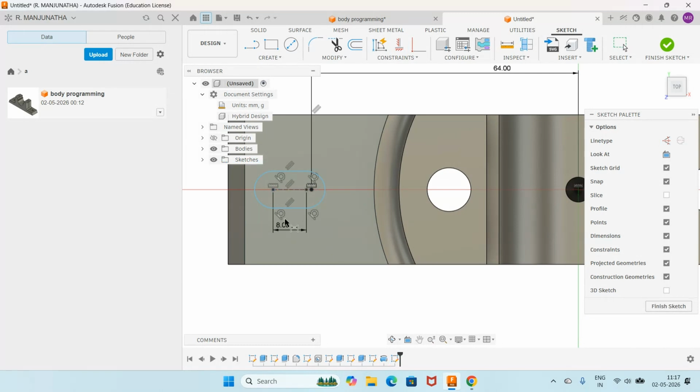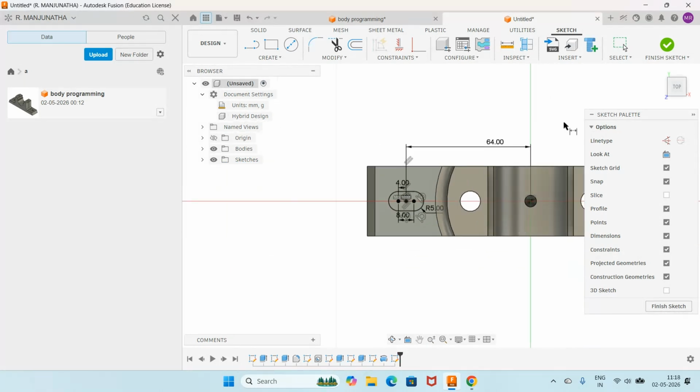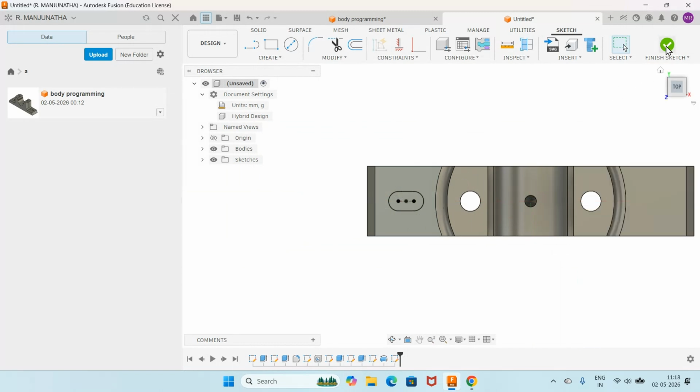Then you go for dimension between this point to this point. Make it 4. And automatically this will be taken care of. Then go to radius, it has 5. So once you do that, now we have this particular reference, and you just go to finish sketch and